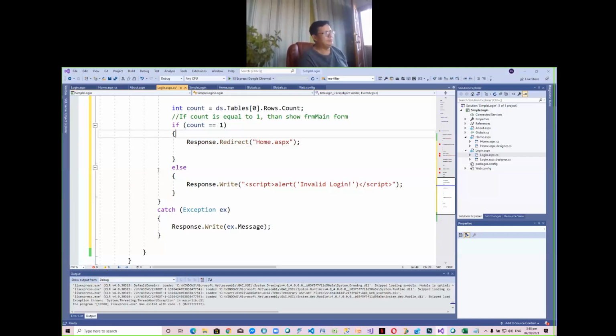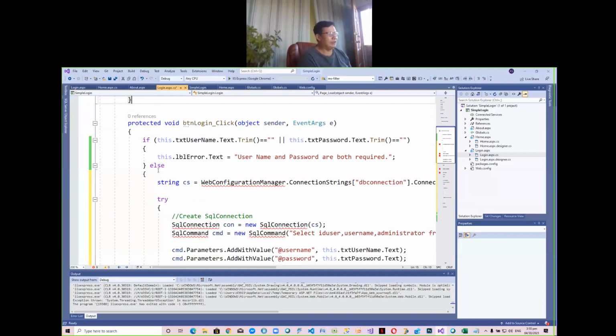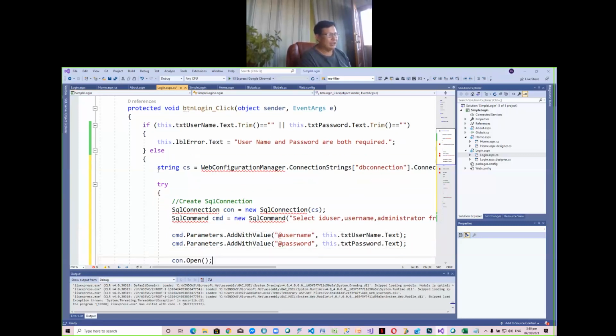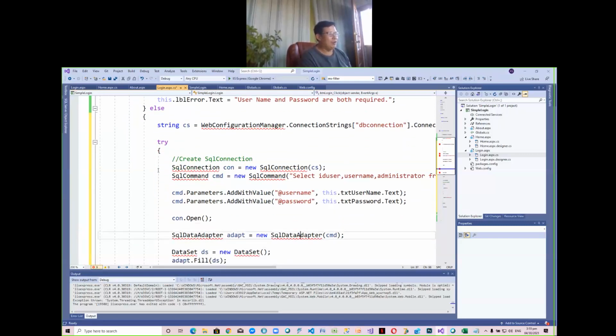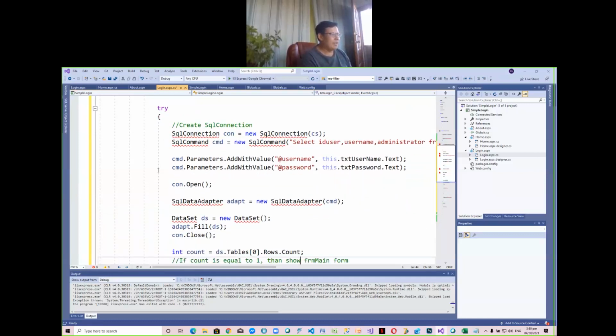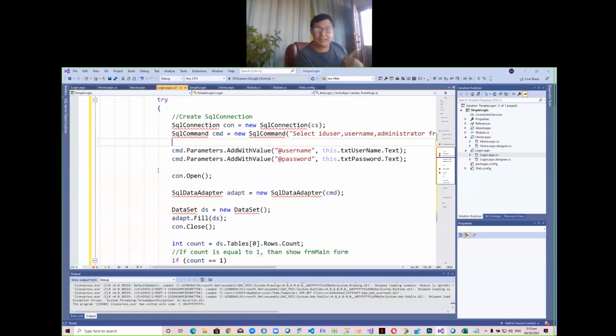If you look at the different websites, ganito yon. We are going to use, recall, our string connection, and then we are going to use an SQL connection. We have done this before, no? And then we are going to select ID, and then we call this, no? Using the user. Ganito yun, gawin natin ito. And then we fill, i-call natin. We have done this before, right? Sa databases. Okay. We make an SQL connection, we create a command, and then we use an adapter and